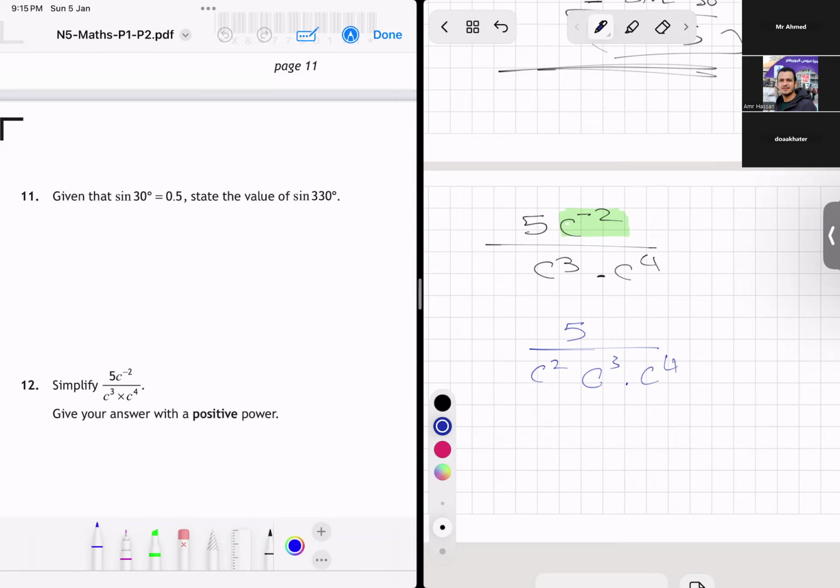And this one, it's kind of the law of indices to make sense. I have the same base. I need to add up all powers together. So it's going to be 5 over c to the power of,